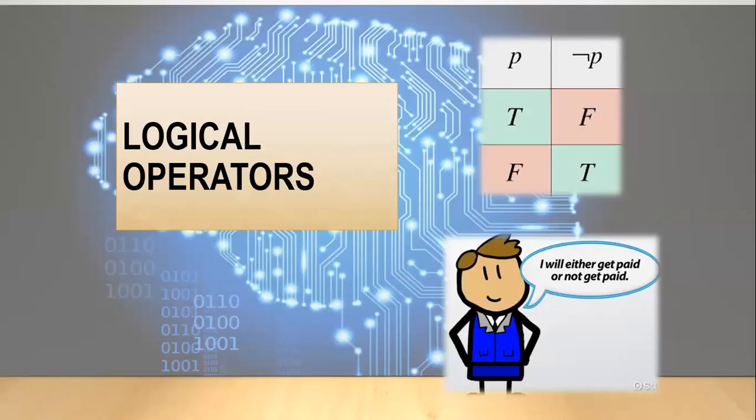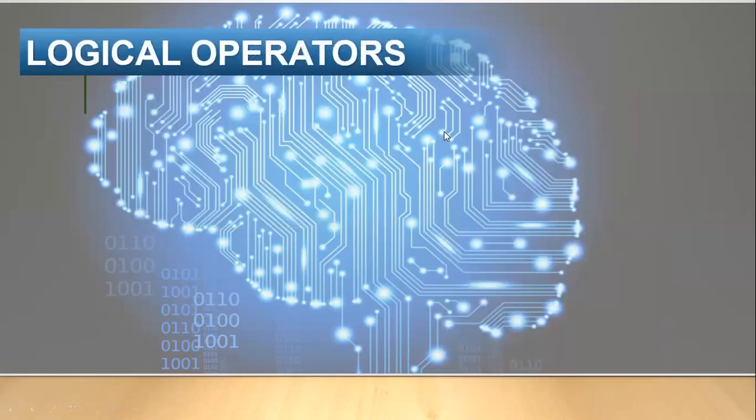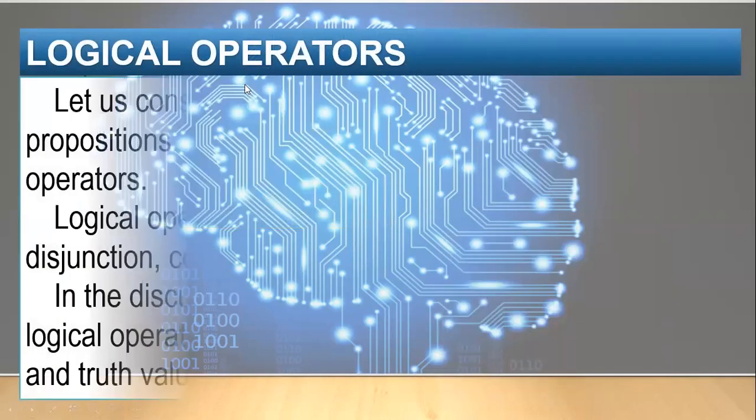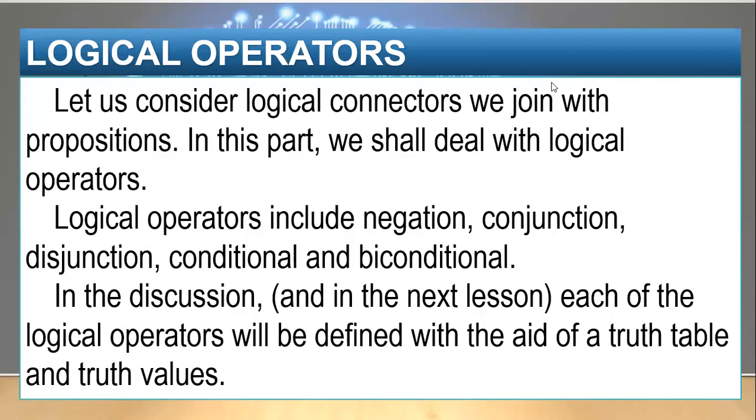We have already learned about compound propositions, which use logical operators. So what exactly are these logical operators and what are their symbols? For the definition, let us consider logical connectors that we join with propositions. In this part, we shall deal with logical operators. So it includes negation,